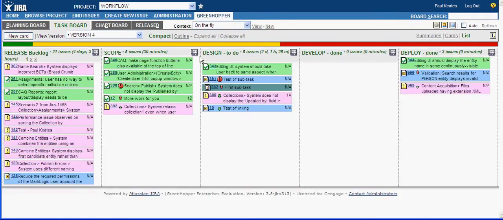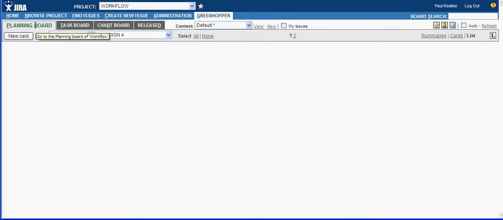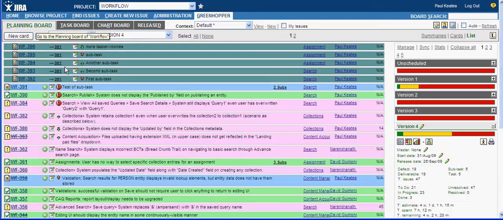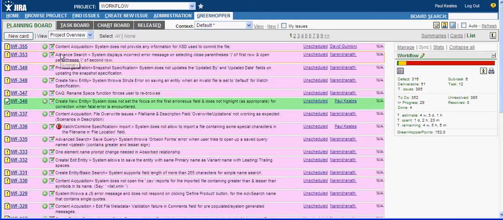So if we go into Greenhopper, which is the tool we're proposing to use, we have four main options here, and the first one is planning board. This gives a comprehensive view of all of your projects based on either version or other types of ways to slice your project. So here we're looking at version based. You can also look at the actual overview of the whole project,